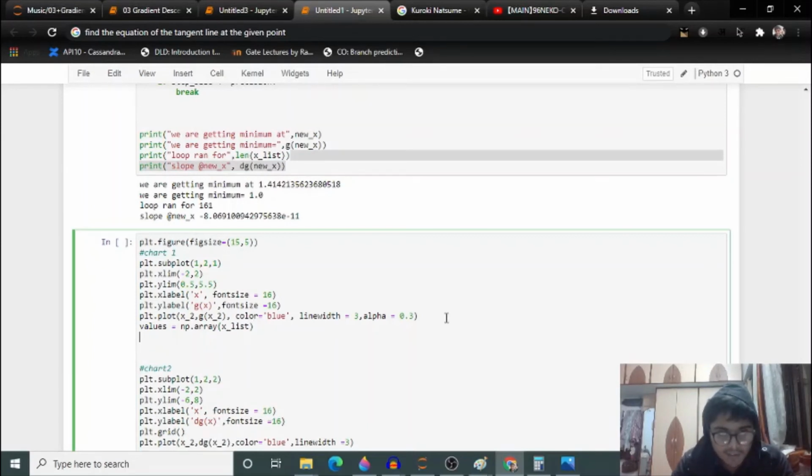We want plt dot scatter. First we want to plot values guys. Then I want to plot g. I'm again typing f guys, but we should type g. I'm putting alpha. I won't put any parameter as alpha guys.